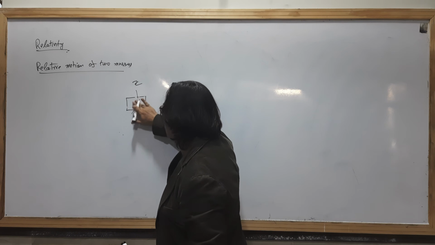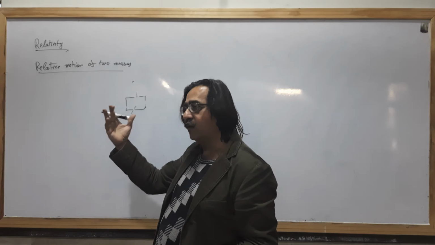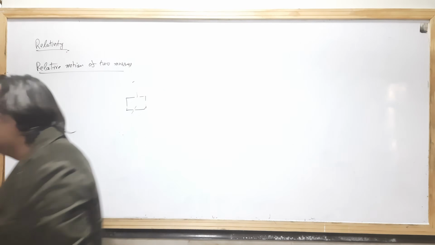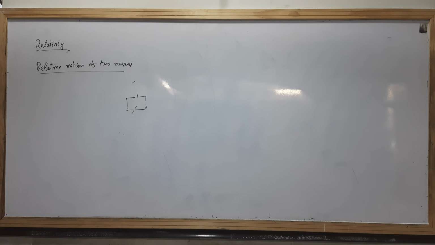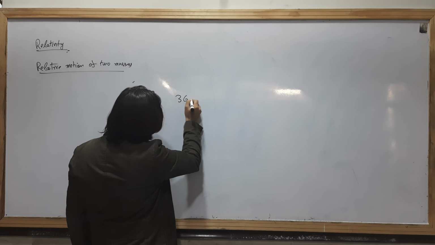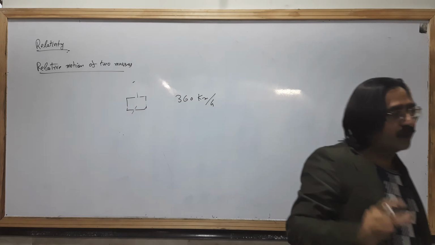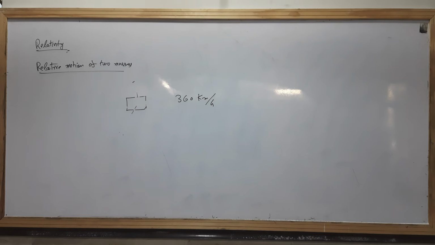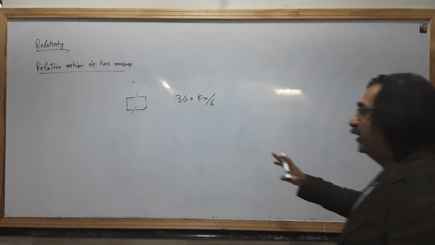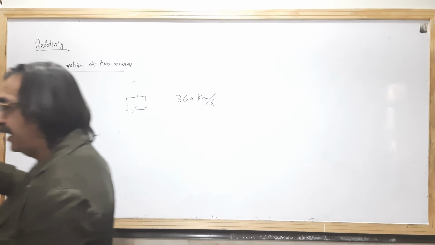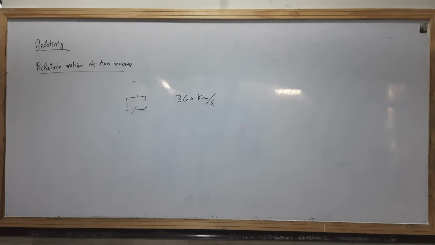If this car is closed from outside and from all around, and you are not observing the motion of the outside things, then what will happen if it is moving with constant speed, even if its speed is 360 kilometers per hour? It is moving at a very high speed, but you will experience that it is in a stationary position. It is not moving. You will experience that its velocity is zero.